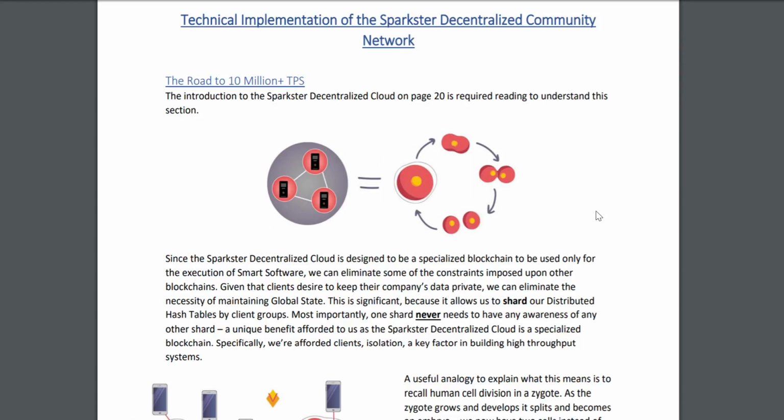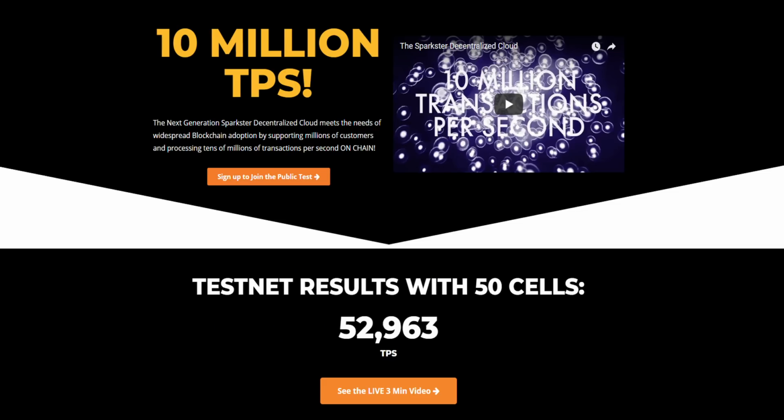I think right now you're going to see they're actually at over 52,000, practically 53,000 transactions per second from one of their latest test nets with 50 cells. And like I said, the number of cells is theoretically speaking as many as they can get their hands on. It's quite unlimited. So this is quite beautiful to see them actually making steady progress to that 10 million transactions per second. But what's even more interesting is that this number is actually, I think, one of the first in the whole of blockchain, if not the first,